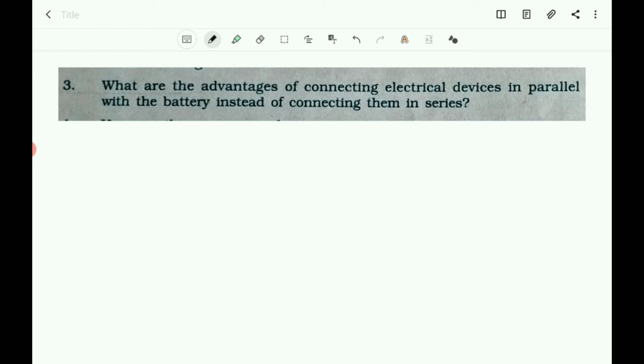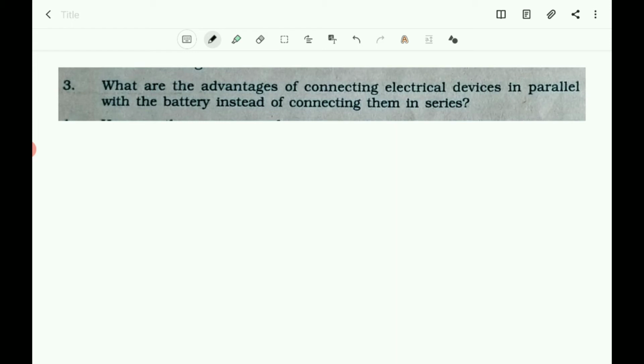But here the question is, what are the advantages of connecting electrical devices in parallel with the battery instead of connecting them in series? If you connect the devices in parallel, each device gets the full battery voltage, and